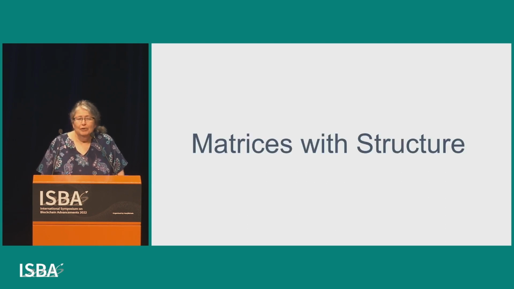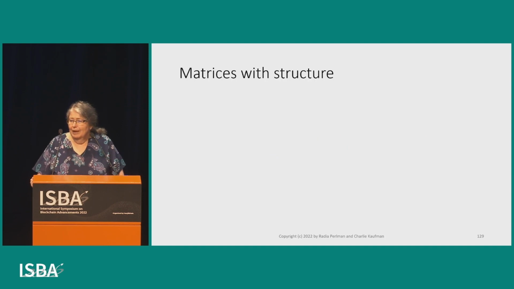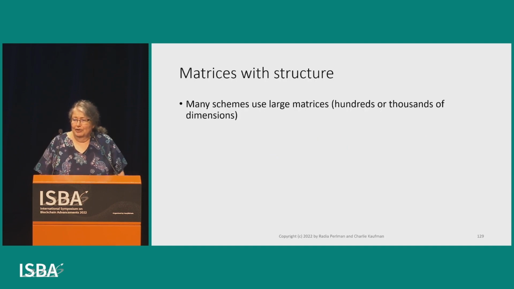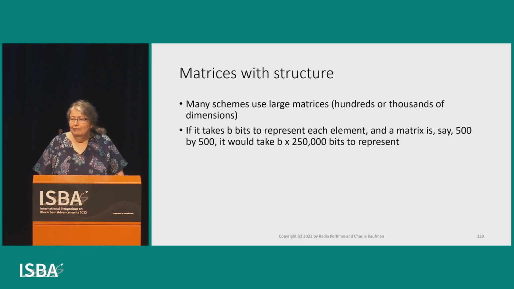Okay. Another thing that's relevant is that these schemes tend to involve matrices, large matrices with hundreds or thousands of dimensions. So if each element in the matrix requires b bits to represent, and a matrix is 500 by 500, then representing that matrix would take b times 250,000 bits. So these would get really ugly, but there's this amazing optimization